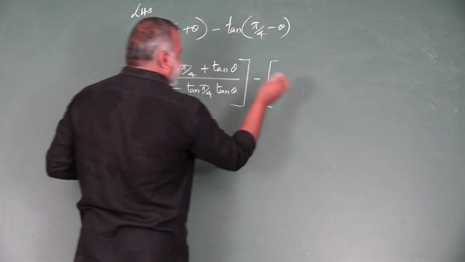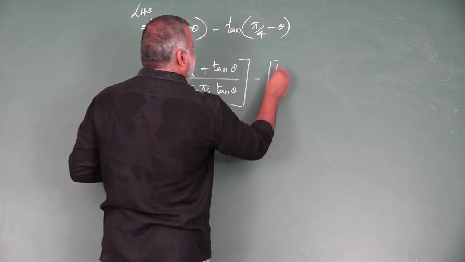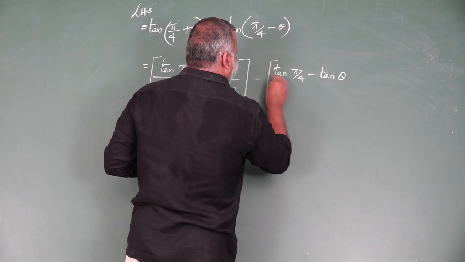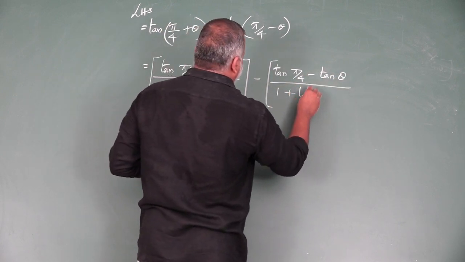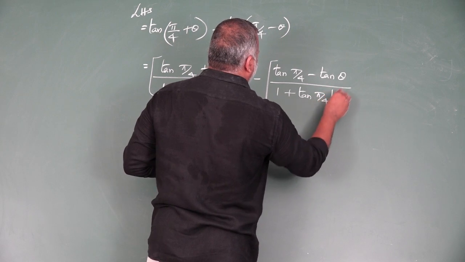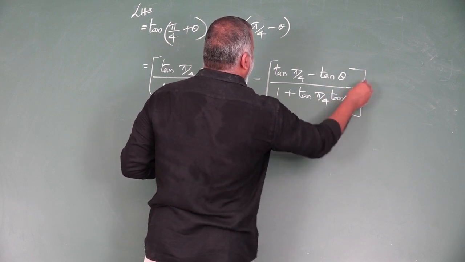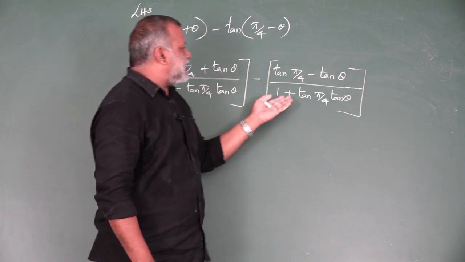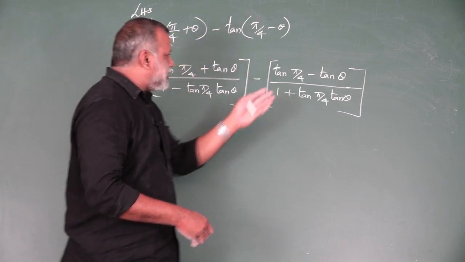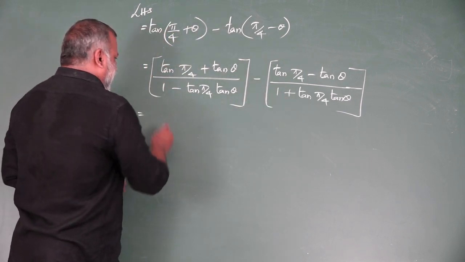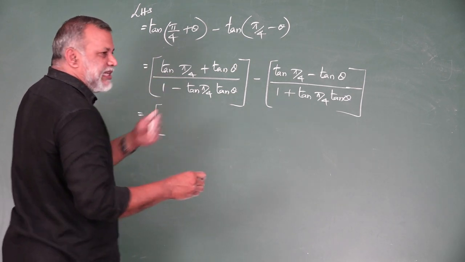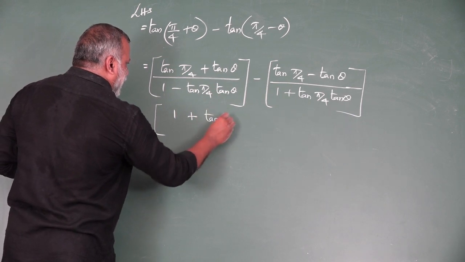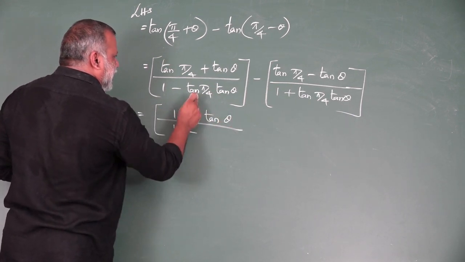In between you are having a negative symbol. Again tan of A minus B is tan A minus tan B divided by 1 plus tan A tan B. So in your LHS, the tan of A plus B formula, and in your RHS, the tan of A minus B formula, just apply the values. Now see, tan pi by 4 means tan 45. Tan 45 gets 1, plus tan theta divided by 1 minus